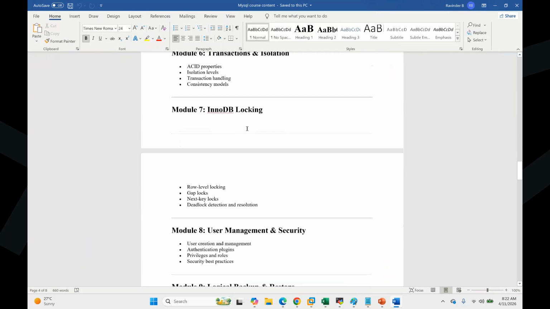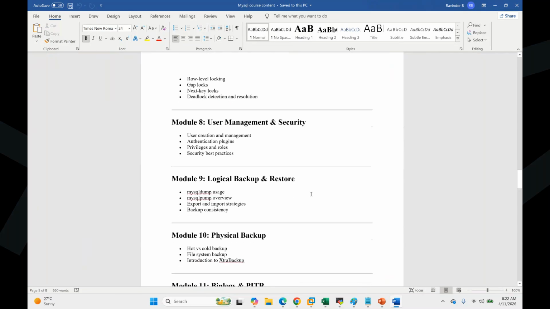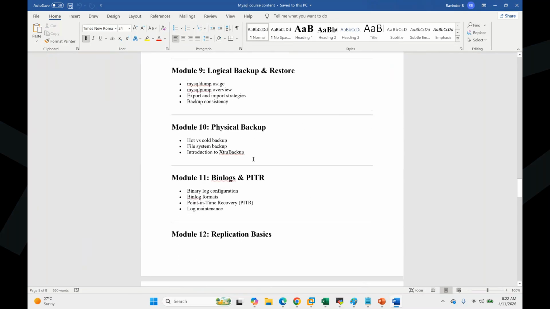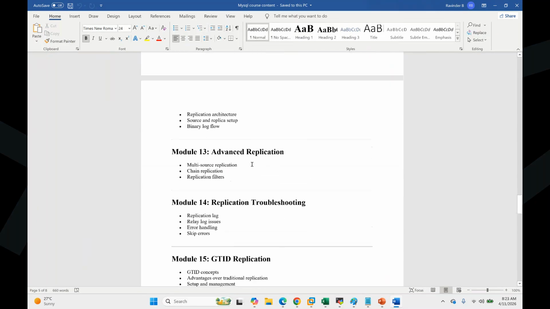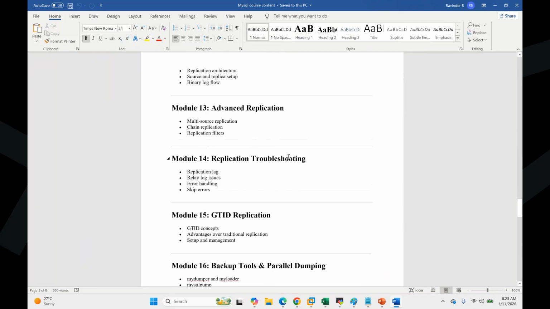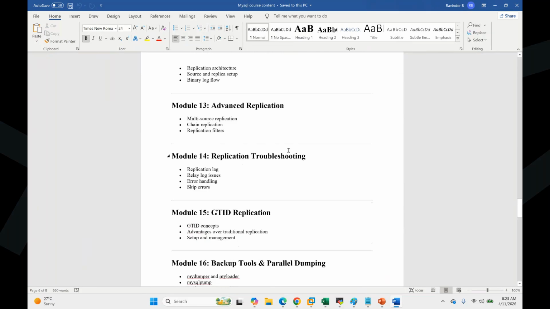DB locking, management and security, backup restores, physical backup using third party backup systems also I'll cover. Percona third party backup I'll cover because it's very much important. We use it a lot. Point in time recoveries, replication is a very big module, guys. Especially replication, where we're going to cover a lot of scenarios, at least 7, 8 classes, I guess we're going to spend, because it has many things. In fact, inside that replication issues, you can skip the errors, you can ignore the errors. There are many things we have to cover in the replication. So replication is the biggest module for us, especially.